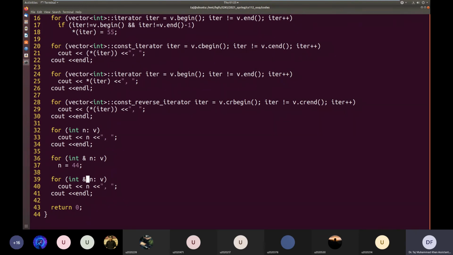But again here the loop body is being used only to read a vector. And since we are using this reference, we might accidentally change the value of n. To prevent against this, if you don't want to make a copy, we can use a reference, but since it's read-only access, we can use a const reference to that type of object.